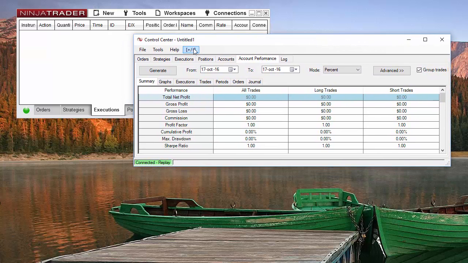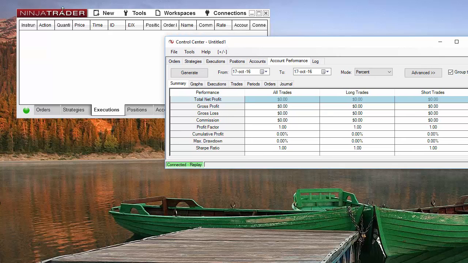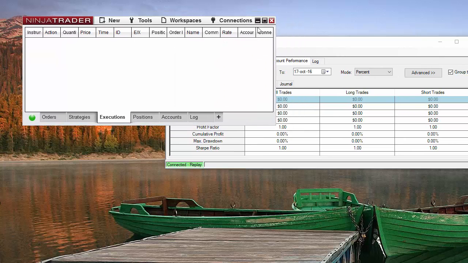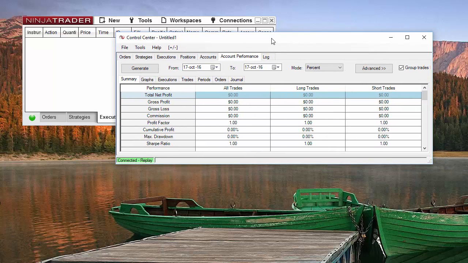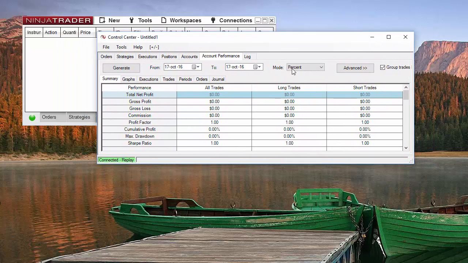Some of the features that we may miss is the button to make the window smaller. This option is no longer present. We can only minimize the window. Something that also is not present is